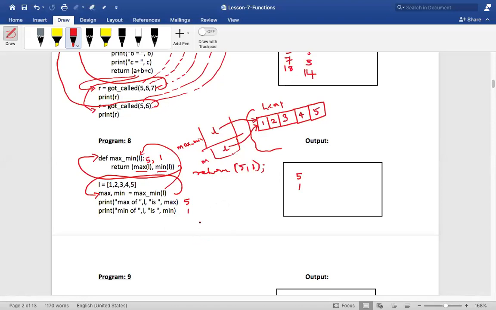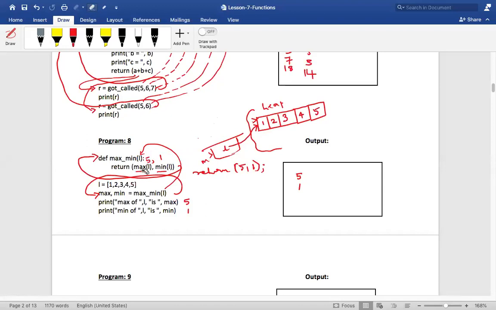So I want to tell you one more thing. When I'm returning, it is coming back to the main context, isn't it, my dear friends? Once I return, the control is coming back to the main context. When I'm coming to the main context, what happens? This stack frame which was generated for max and min will get destroyed. It won't be present. It will be destroyed by the Python interpreter. Is that okay, my dear friends? Did you understand this?